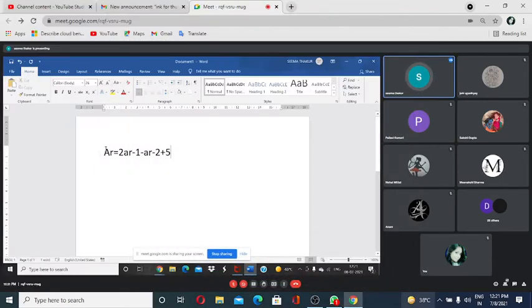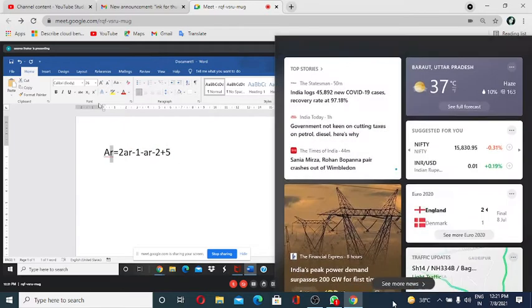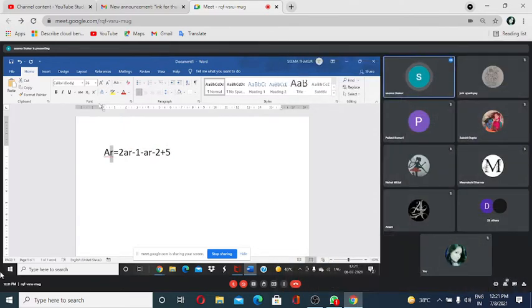So as all of you know, to solve this kind of question, we have to set this equation equal to 0. Whatever has been given, you have to use this RA term, and you have to place this equation equal to 0. So you have to take all the terms to one side.